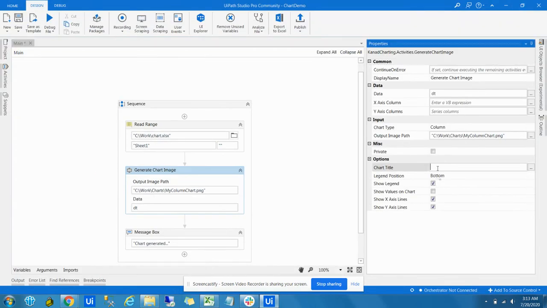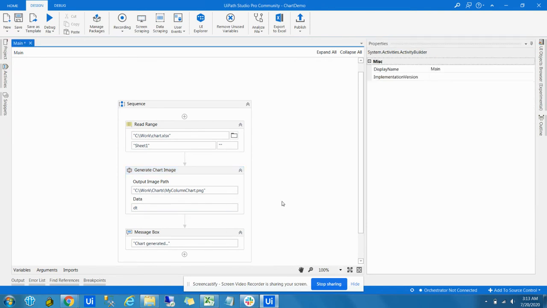Chart title: either we can input a string, so we have production in tons, a sample. This is the legend position, whatever we want. By standard, generally it's right. Do we want to show the legend? And if we want values on the x-axis. This is the default configuration, so let's run it with the default configuration and see what the output is.